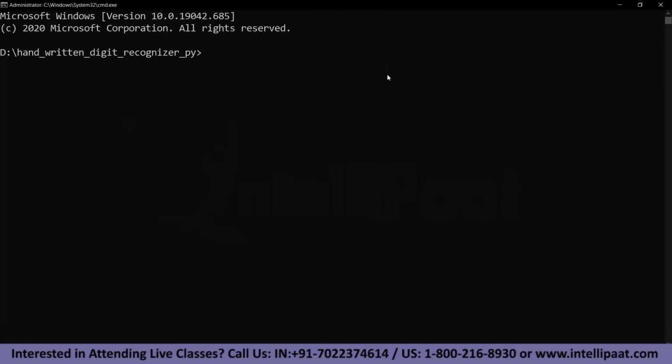Now, there are certain libraries that you need to install. To install this, use pip install, and then type the name of the libraries separated by spaces. So the first library that I need you to install is Keras. Firstly install TensorFlow, then install Keras. Then you can install another library called